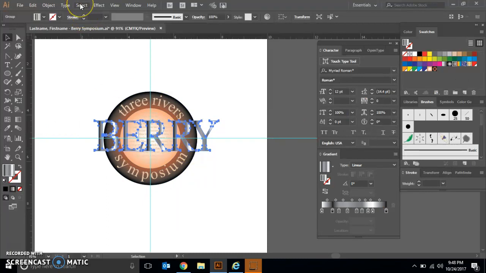To get rid of our anchor points, we're going to go to Select and Deselect, and that is all we are going to do for this quick lesson on how to add gradients and colors to our text. So go ahead and save your work, because we will use this file again for our lesson